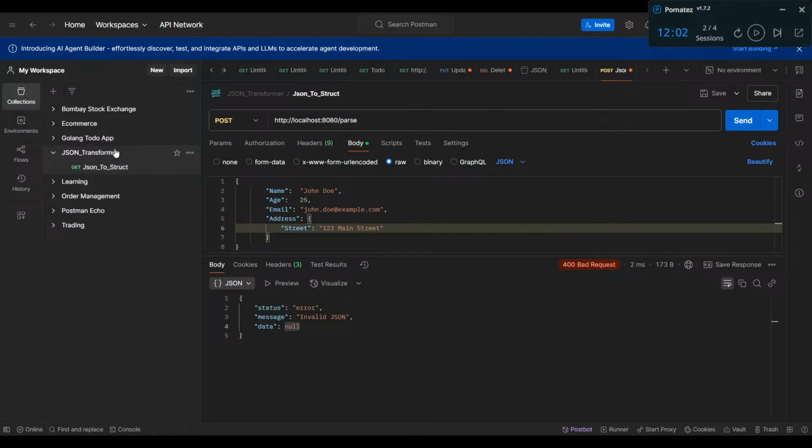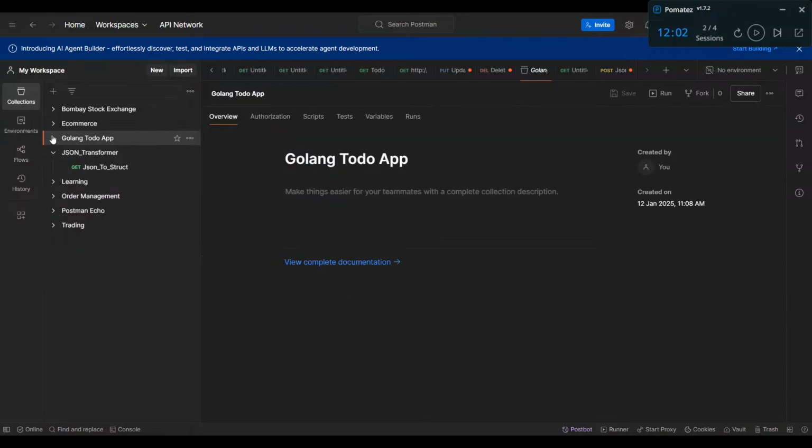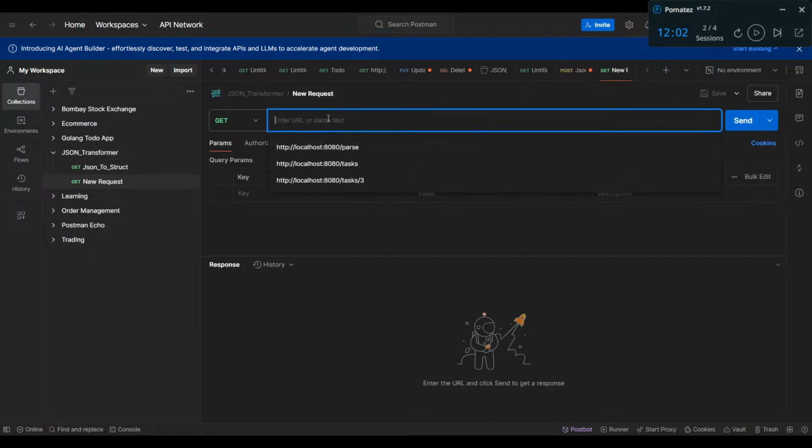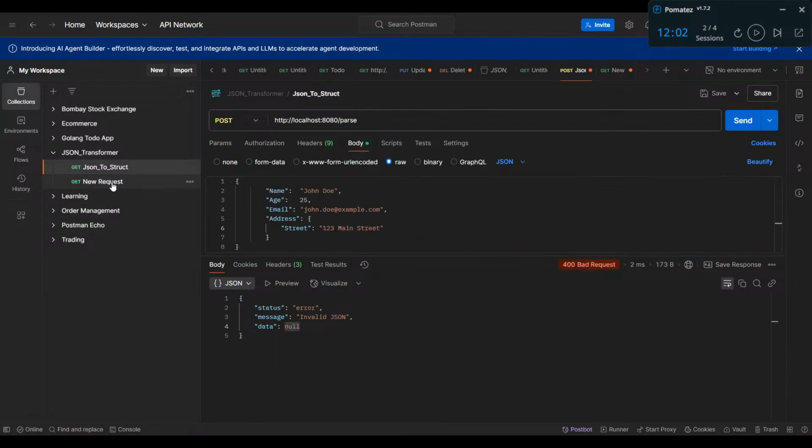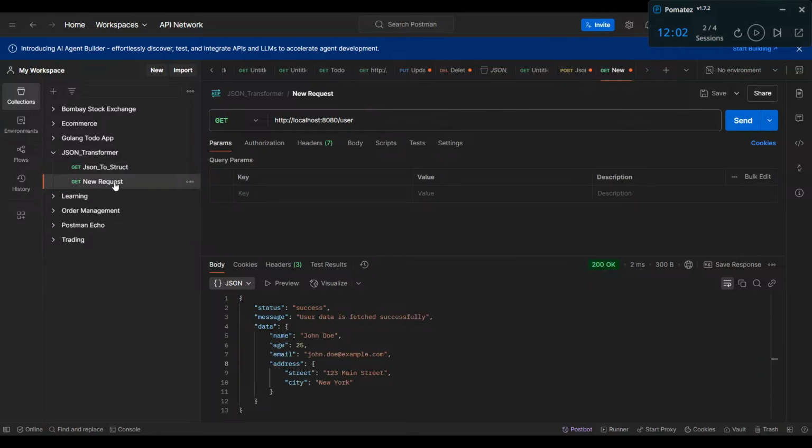And one more API we will call, add request, and go to user and send it. So here you can see our data is fetched successfully. So these are the two APIs that we have created, one for the get user and one for the converter